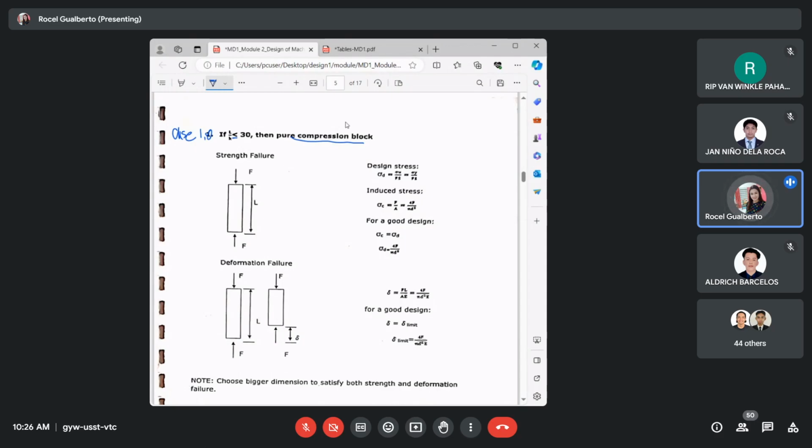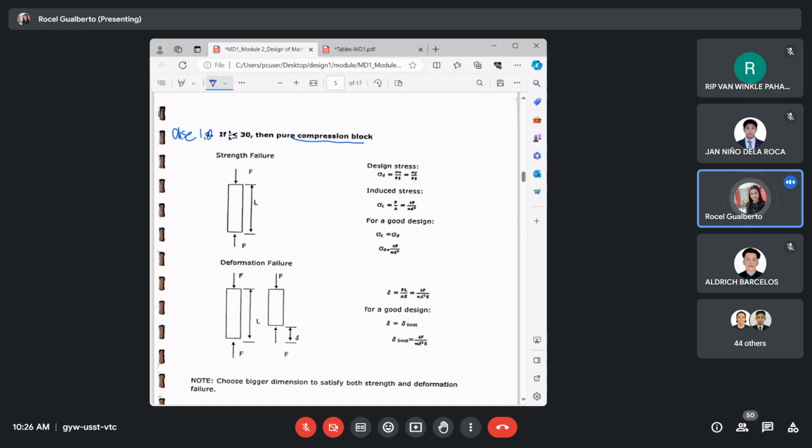Okay? So, nagkakaroon lang ng pagbabago on their length. Okay? Nagdi-decrease lang po yung original length nila ng bahagya. Okay? So, how do we design these members po? Kapag po alam na natin na siya ay pure compression block, i-design po natin siya na katulad nung sa tension. Okay? Ganon din po yung way natin kung paano po siya